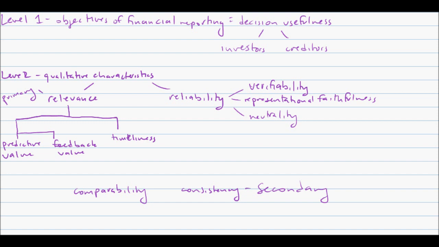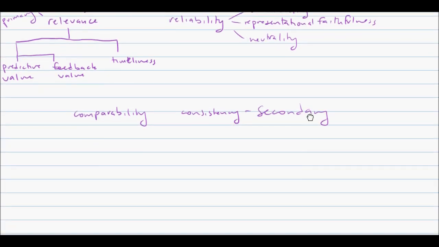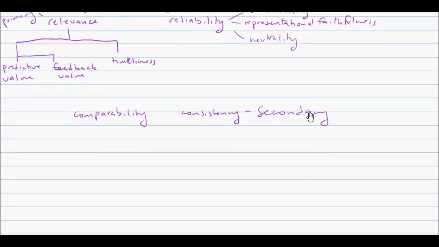Information should be comparable if it's reported in a similar period. This is pretty easy to digest. If we have two companies that we want to compare, the accounting information wouldn't be very useful if we weren't able to compare their financial statements. In order for information to be consistent, companies should use the same accounting policies consistently. They can change methods, but they should remain pretty consistent throughout their financial reporting, meaning that they shouldn't change the way they account for something every year.